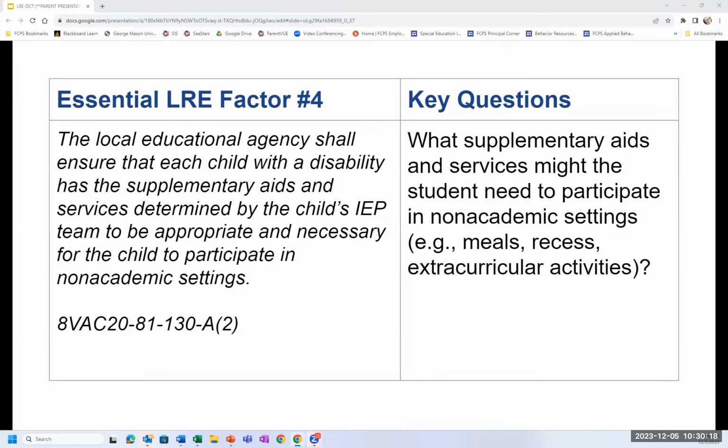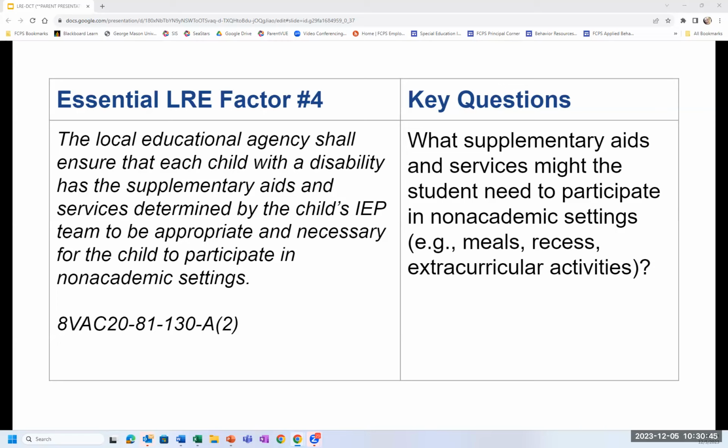So this is the last essential LRE factor that's included as part of section 1: the local educational agency shall ensure that each child with a disability has the supplementary aids and services determined by the child's IEP team to be appropriate and necessary for the child to participate in non-academic settings.